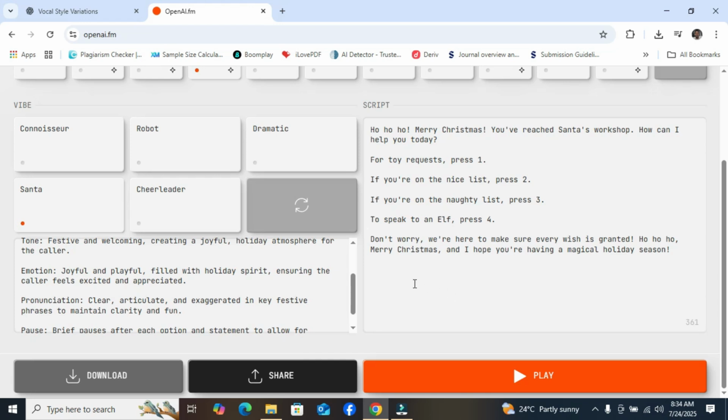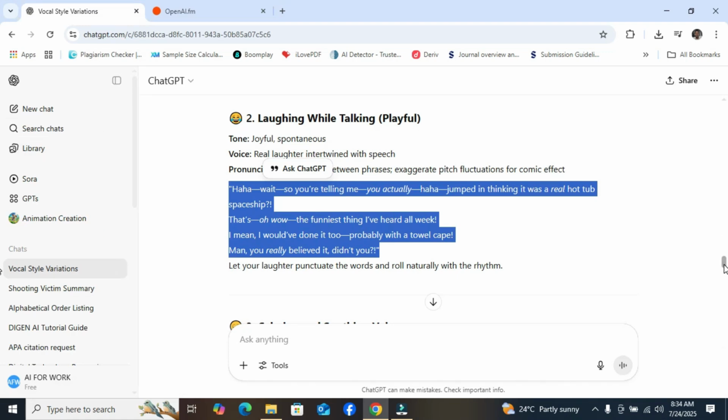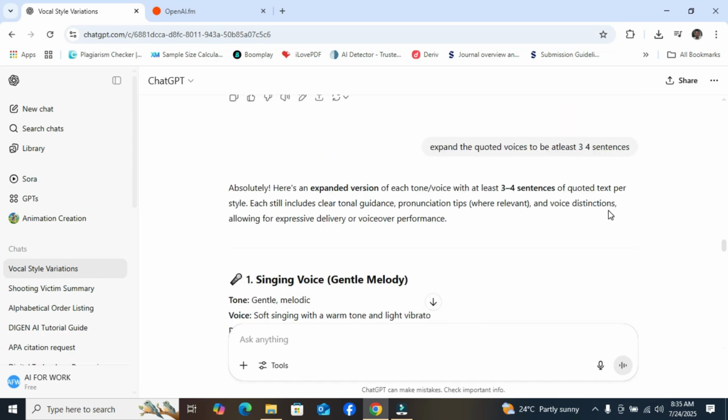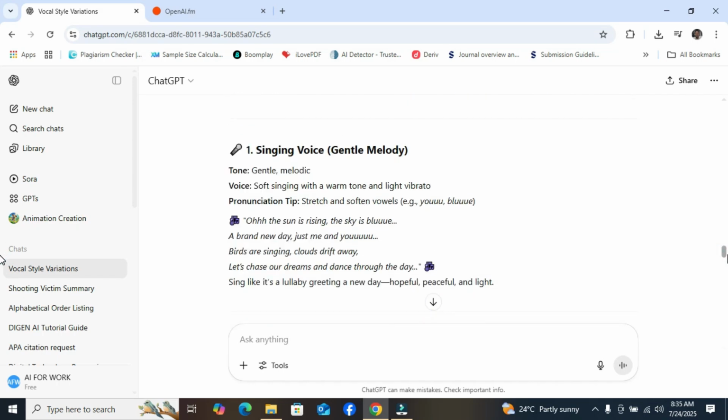Okay, you can also use ChatGPT to create the tone, the emotions, and the pronunciation that you want, based on the kind of story you've written using ChatGPT. I have this result from ChatGPT. I had ChatGPT create the tone, the voice, and the pronunciation for different kinds of voices.